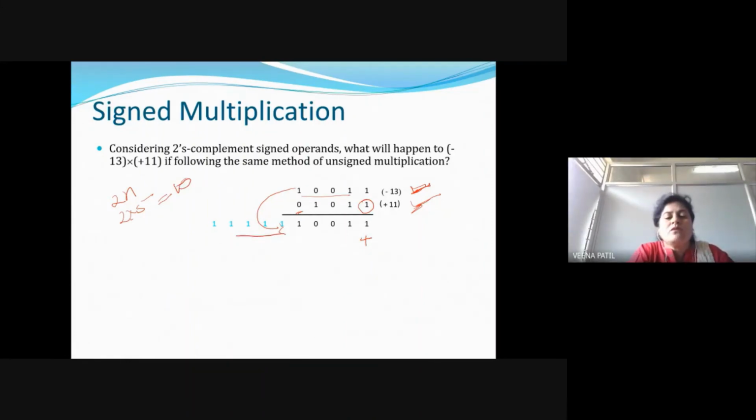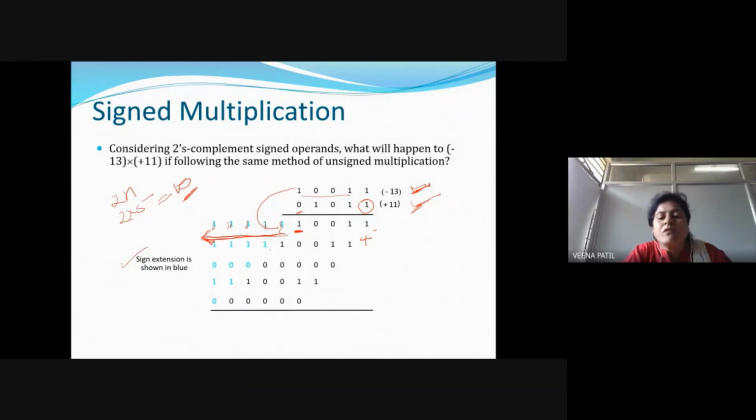So what we have to do is extend whatever the last bit is, which we consider as the sign bit. We just extend the last bit to occupy the remaining bits of the partial product. Okay, so these are 5 bits. So for the remaining 5 bits, we are just going to extend the sign bit. That is, if it is 1, we simply write them as 1, 1, 1, 1, 1 to make 10 bits. Okay. This is known as sign extension.